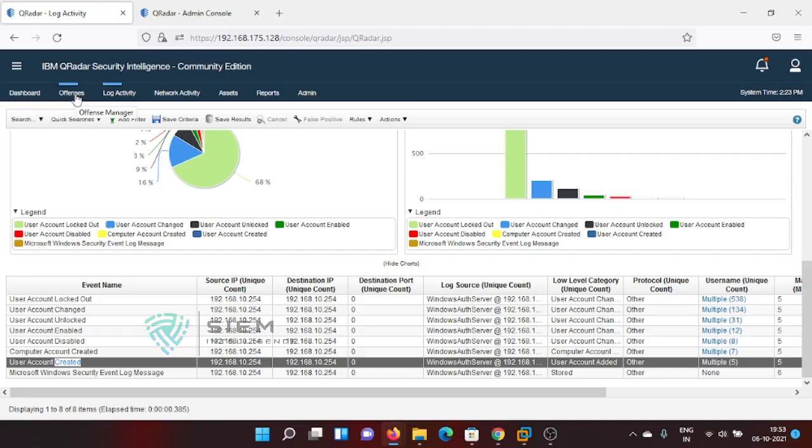You can set a rule something like: user added, followed by user disabled, followed by user enabled, user password changed and user deleted. Within a span of 1 hour, if this is done, then you consider there is some considerable activity in your domain server, or someone has tried to create, disable, enable, change password and delete. Who used to do this in a 1 hour activity?